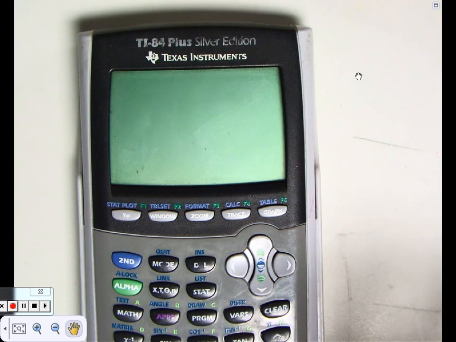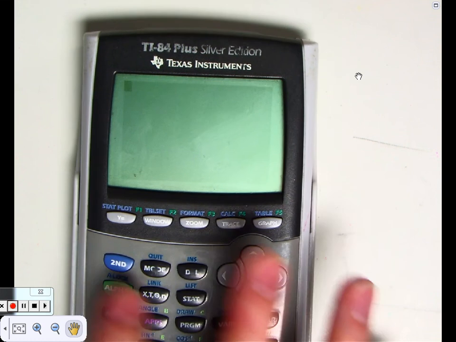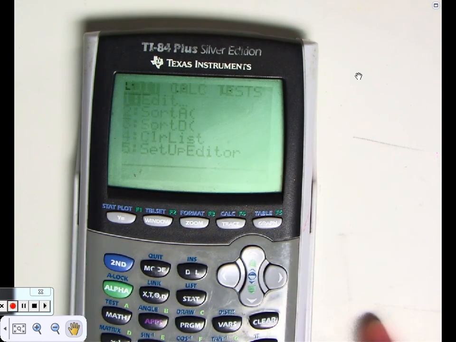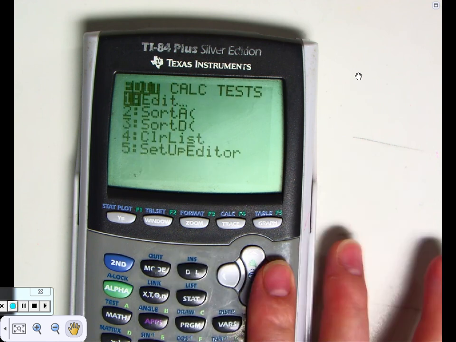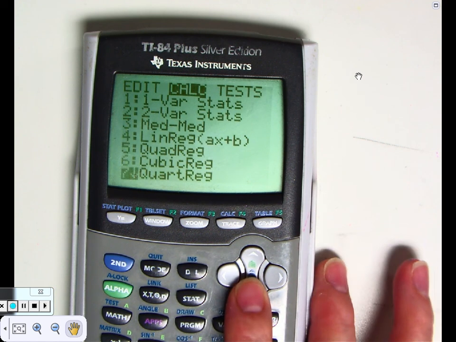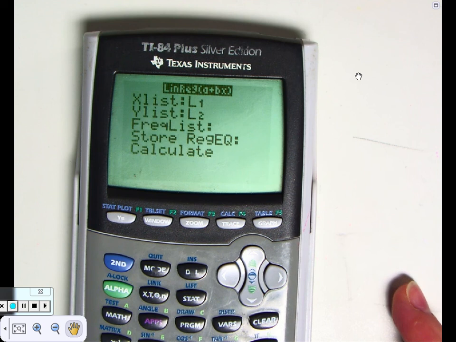And in my calculator, let's turn it on. We'll go to our stat edit so we can see our list there. And once we have that, I'm going to hit stat. We're going to calculate our linear regression, L1, L2, and we can store that if we want to actually look